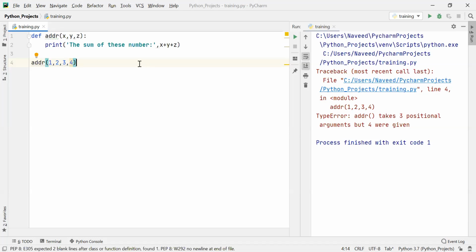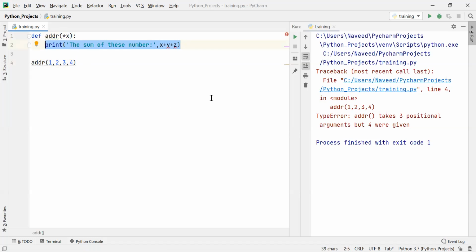So what do you mean by args? See, args treat values as a tuple. See, in this particular example, we are not sure about the number of arguments that can be passed to a function. Now, Python has args which allow us to pass a variable number of non-keyword arguments to a function. Now, these arguments are passed as a tuple. So let me show you what I can do. So if you want to write args, simply give star and whatever the argument name. Okay. Then let's say I want to print these values.